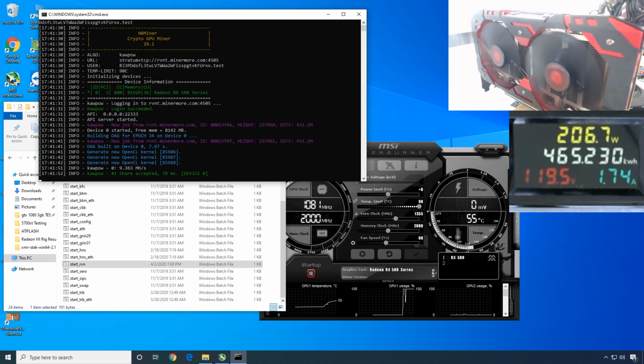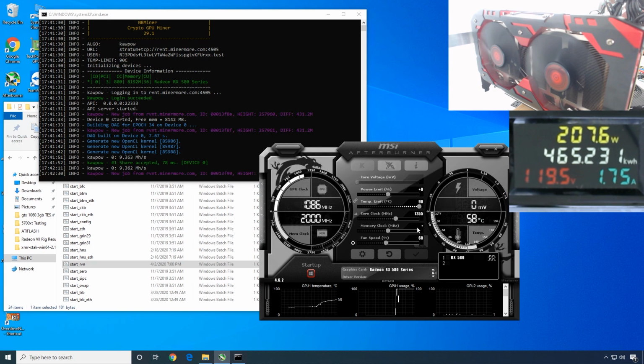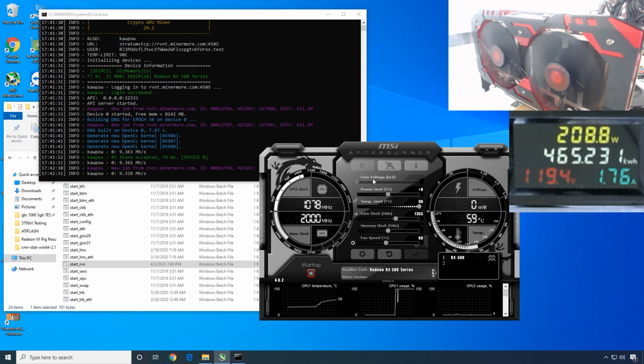Now you guys can compare that to the 5700 XT that I just did. I was doing about 260 watts for the whole rig, but at about, I believe, 18 mega hash. Okay, so look at that efficiency there in comparison with this 580, 9.3 mega hash. Wow. Actually, I want to see if I can